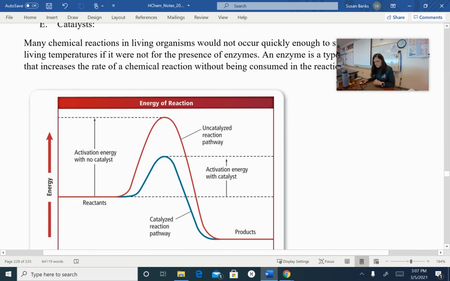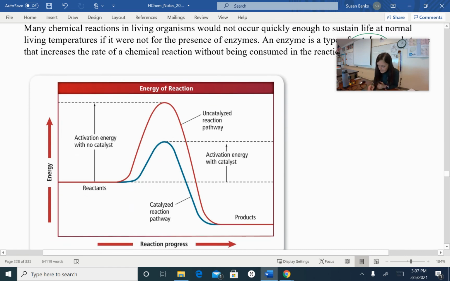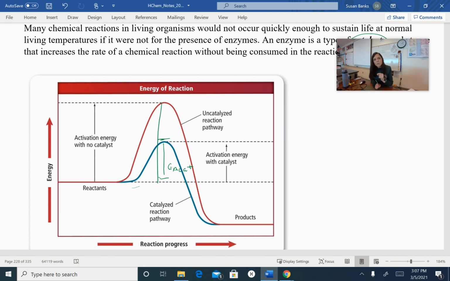So for example, if I put a catalyst in a reaction, notice that the activation energy with a catalyst is way lower than the activation energy without the catalyst. And because I make that activation energy lower, that means more molecules are actually going to have the kinetic energy to overcome that energy barrier and have successful